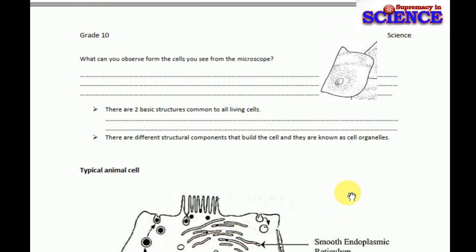That means we are learning a new word now. You have to understand, if this is the whole cell, what are these internal structures we call? We call them cell organelles, not organs, right? Remember the word, don't confuse with organs. These are called organelles, the substructures, the components that build up the cell. So what we are going to learn now is each and every cell and their